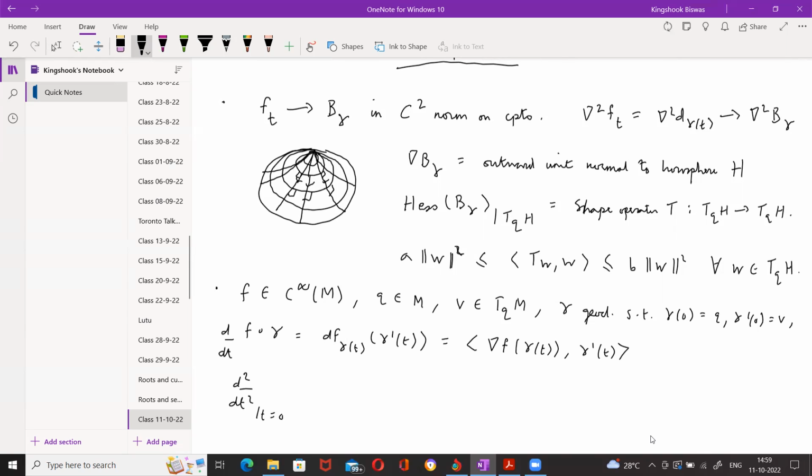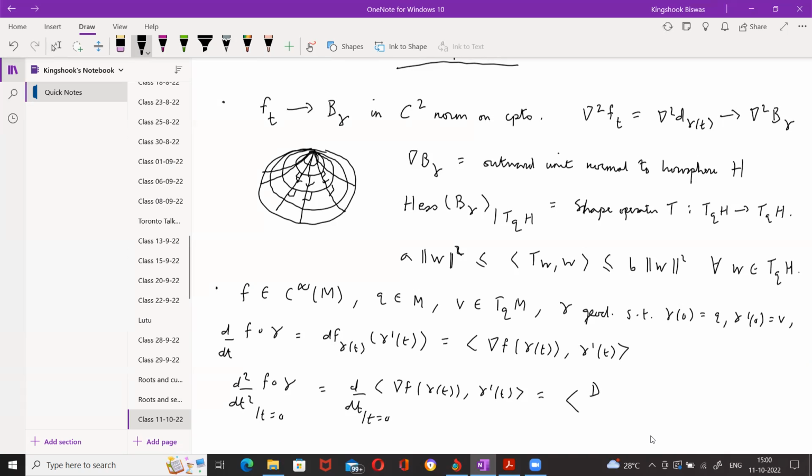So now if I differentiate again, suppose I look at d squared/dt squared at t equal to 0 of f composed with gamma, then this is going to be what? This is going to be d/dt at t equal to 0 of the inner product of nabla f at gamma t with gamma prime t, right? So by the Leibniz rule for the inner product, by metric compatibility, this is going to be the covariant derivative of the gradient vector field,